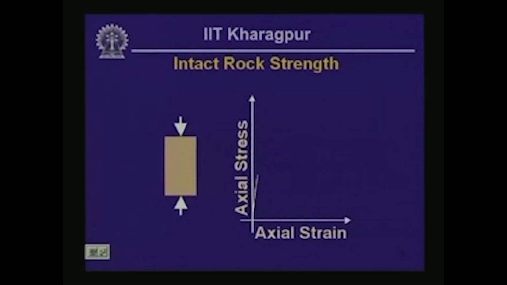Okay, so we increase the axial load, and what we get is further shortening of the sample, and as a result we get a longer plot of the axial stress versus axial strain. Continue the test. The sample shortens further, and it shortens further, the stress increases more, stress goes up even further,